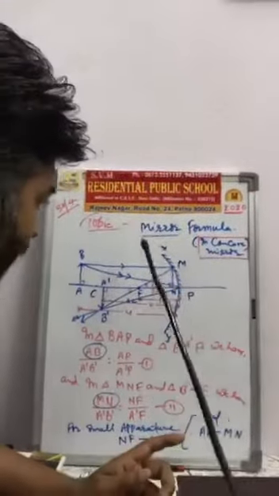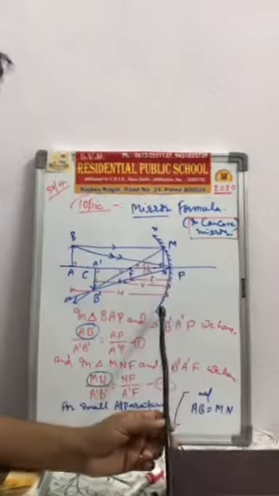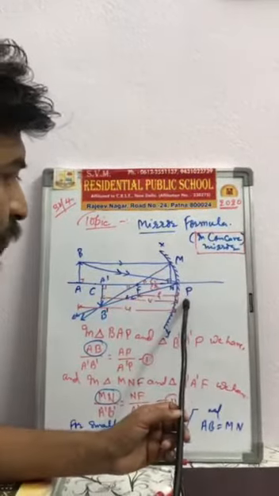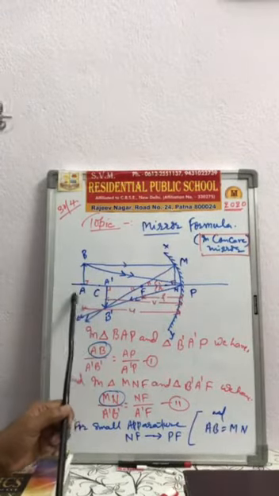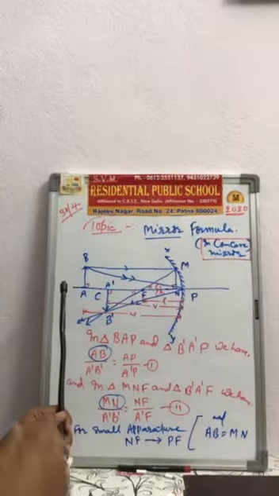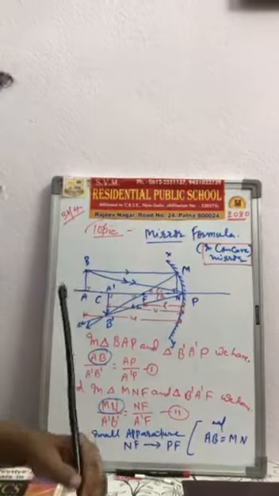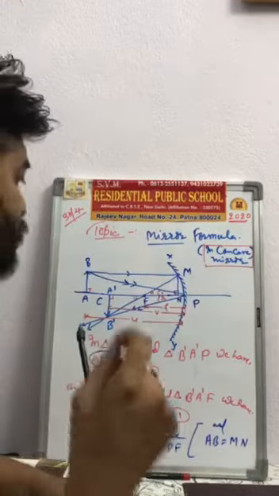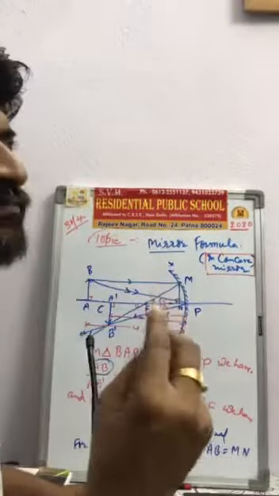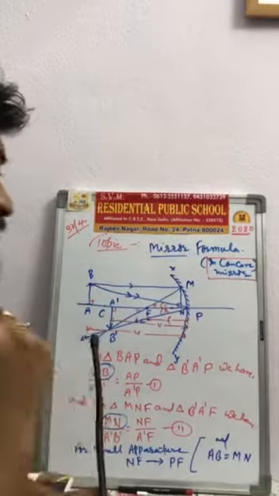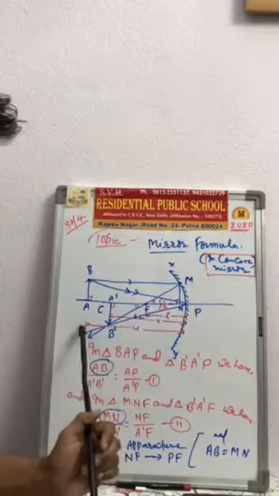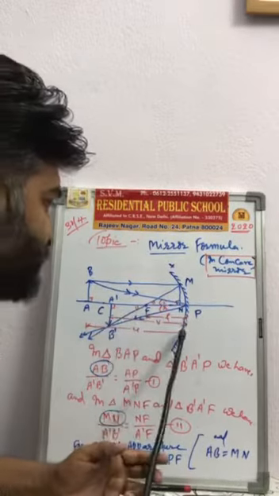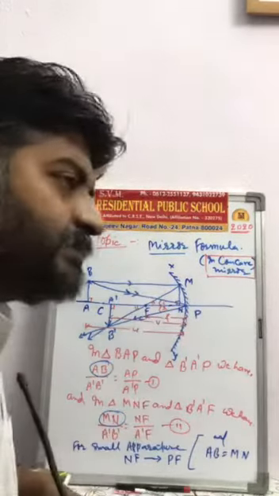Now let's see on the board. Here we have XY, a concave mirror, with P as the pole. An object AB is behind its center of curvature. For the image formation, we should take at least two rays from the tip of the object. So we get the image between the center of curvature and the focus. Here AP is U, A'B' P is V, and FP is F.